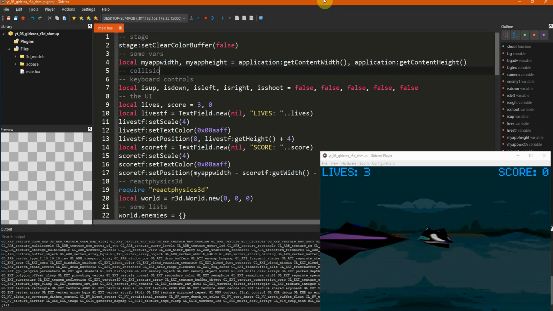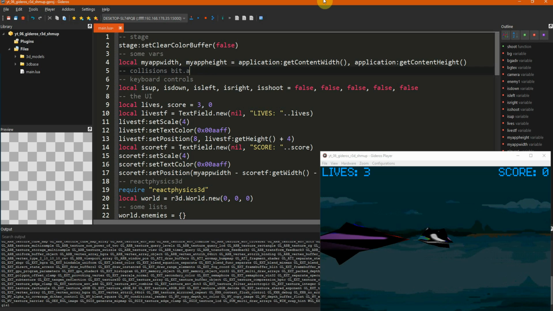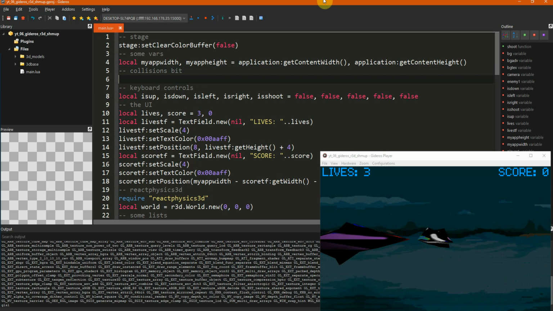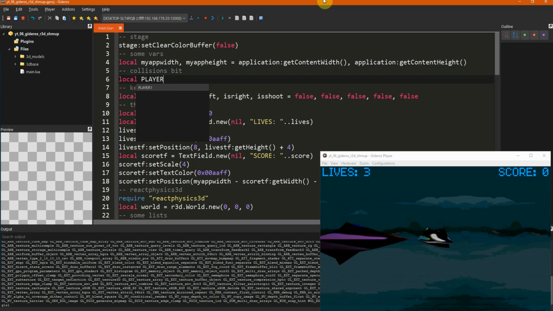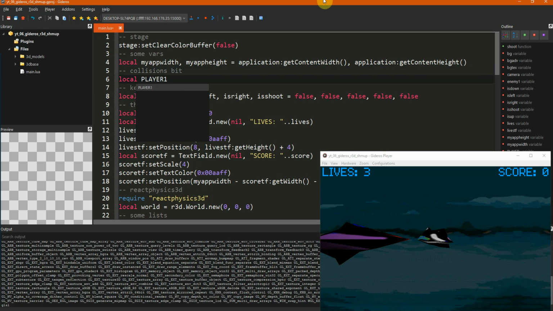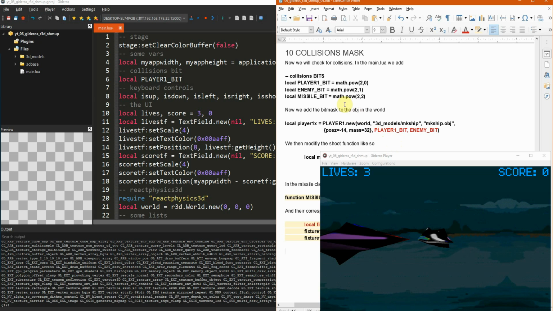Collisions. Local player 1 bit, or bitmask. Let's see how I called it.